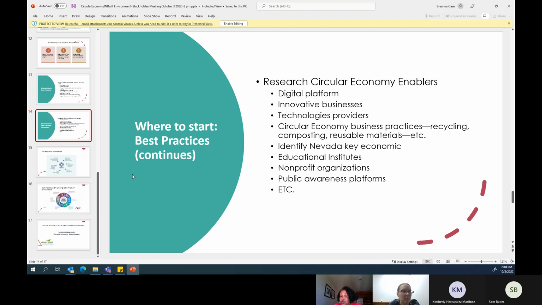So there are so many things we can do, sorting out what's going on in our state and then focusing on elements, and then we can elaborate after we go through these things. Because for circular economy, at the end of the project, not this year but after we finish everything, we need to have some sort of initiatives. We need to understand what's going on in Nevada.